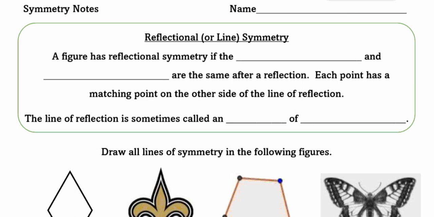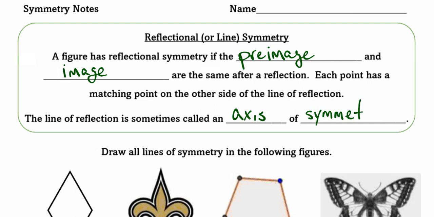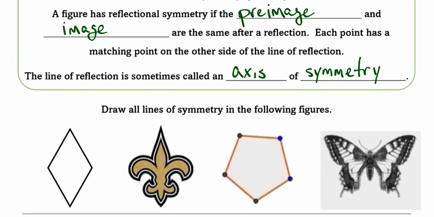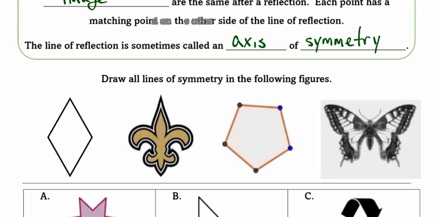So a figure has reflectional symmetry if the pre-image and the image are the same after the reflection. Each point has a matching point on the other side of the line of reflection. So line of reflection is also sometimes called the axis of symmetry, especially when it's horizontal and vertical. But either way, we're thinking about flipping half of the image over the line, and it flips onto the other half of the image. So, looking at these four pictures, we're trying to think about all the lines of symmetry